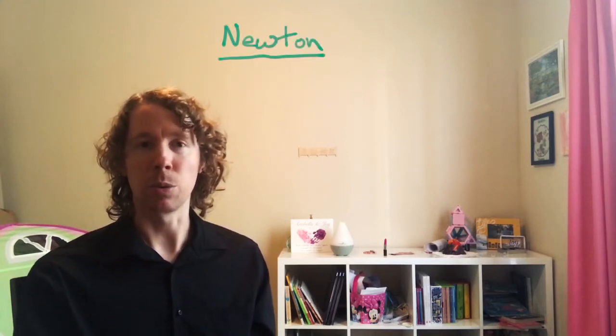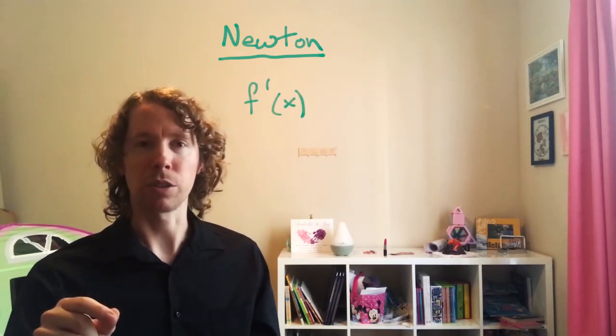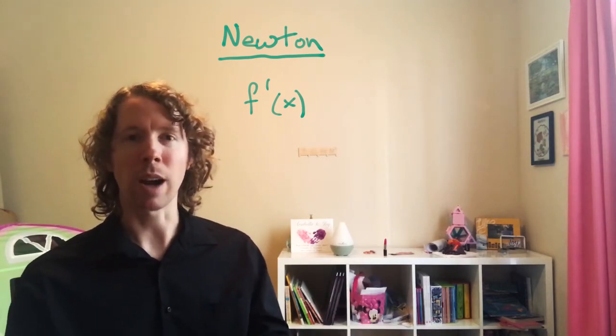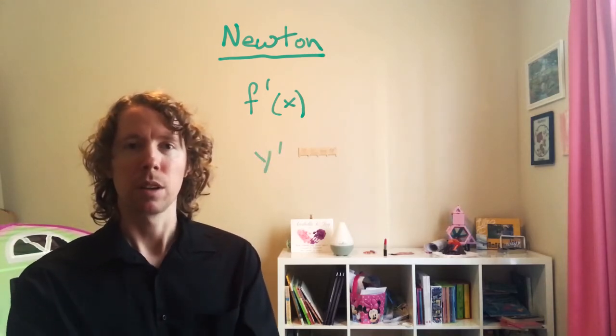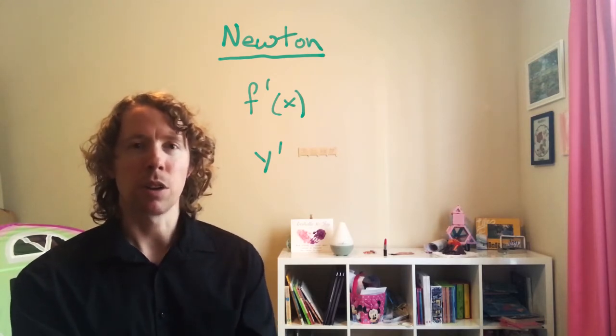So if we've got the function y equals f of x and we want to find the instantaneous rate of change of that function f with respect to that quantity, that variable x, that's the derivative. One set of notation, we'll write the derivative as f prime of x. It looks like f apostrophe x, and it's read f prime of x. Or if we want to focus on y instead of the f, then we would write the derivative as y prime. So y apostrophe, but it's read y prime. The other set of notation,